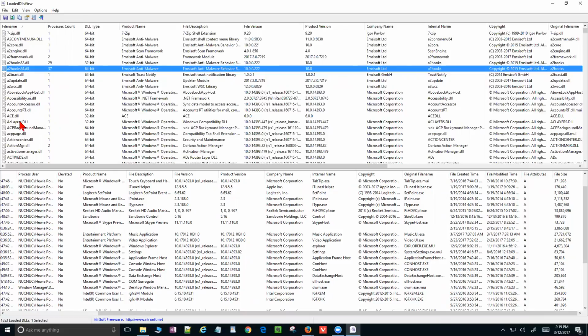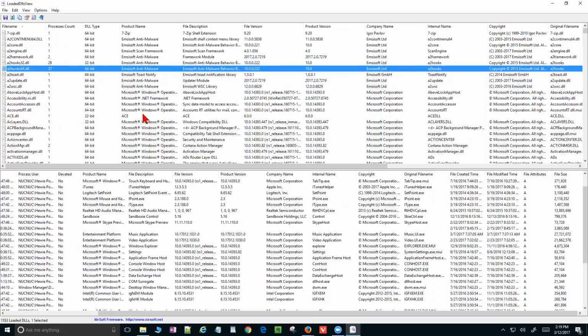Now, if you're not an expert or these things don't mean anything to you, don't worry about it. This isn't something you should be using. But if this is something that will help you, if you get an error message on a given DLL or a given problem, and it tells you what file the error message is, and it's a .dll, open this program up,